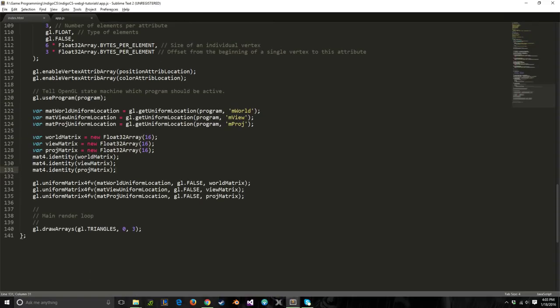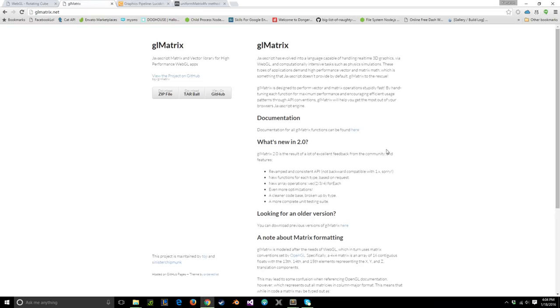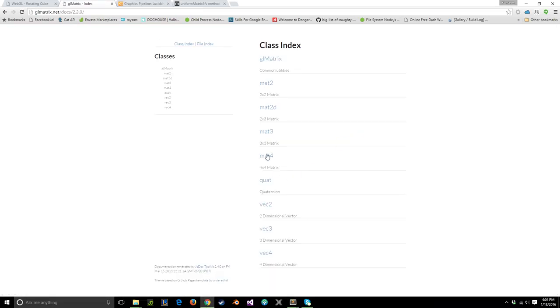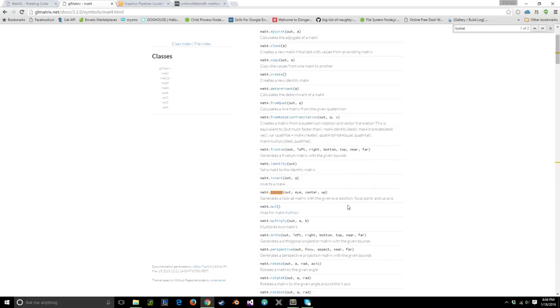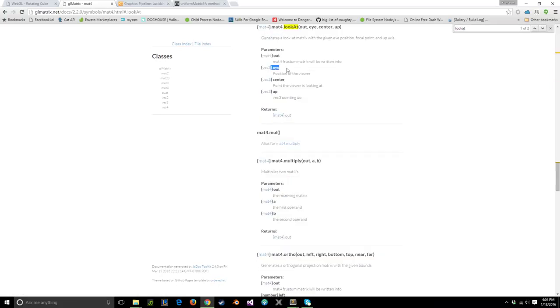Great, so let's start changing this to actually use the view, world, and projection matrices. So instead of using an identity, our world matrix is going to be a rotation eventually, but right now we're just going to leave it identity. Our view matrix, let's make a camera using the lookAt function. It'll go out to the view matrix. And this takes 3 parameters. Again, if we go back to our documentation over here, under mat4.lookAt,